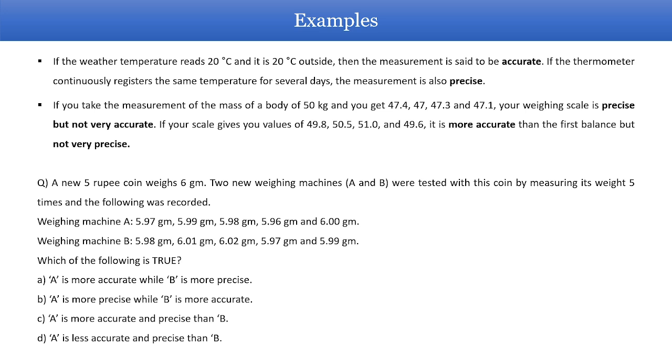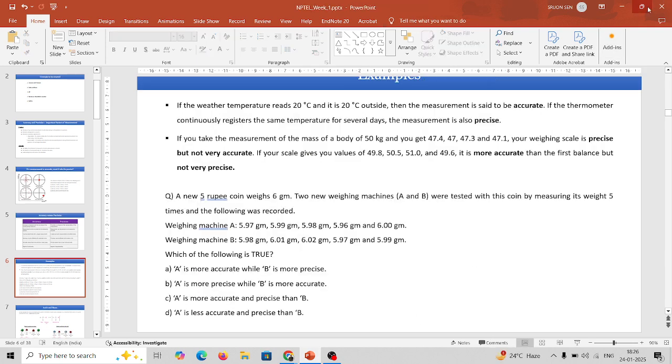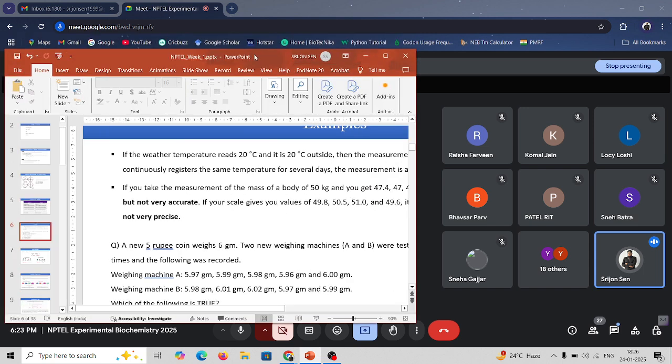Putting forward another example, you have a new 5 rupee coin that weighs about 6 grams. And you have two weighing machines that give different weights. It was measured 5 times and you get different weights. So which of the statements would you say is correct? Whether A is accurate or B is precise, or B is precise, A is accurate, or what? So another question for you all. I guess it's an easy one. I guess you all can do it, but still,